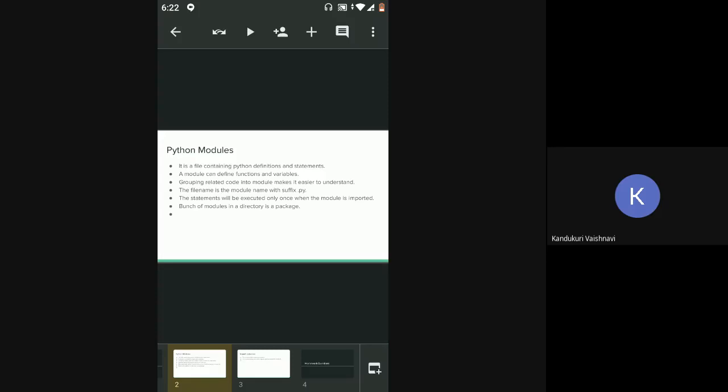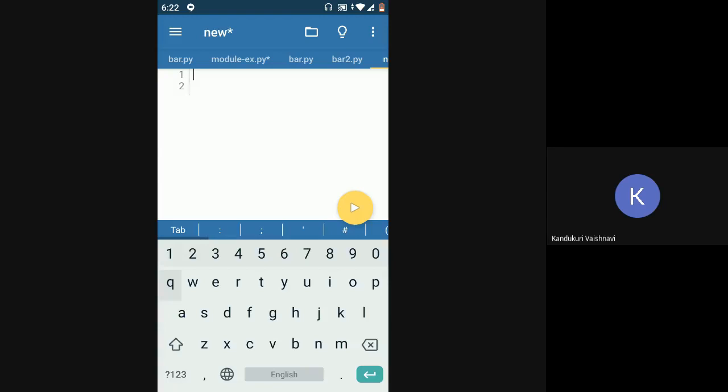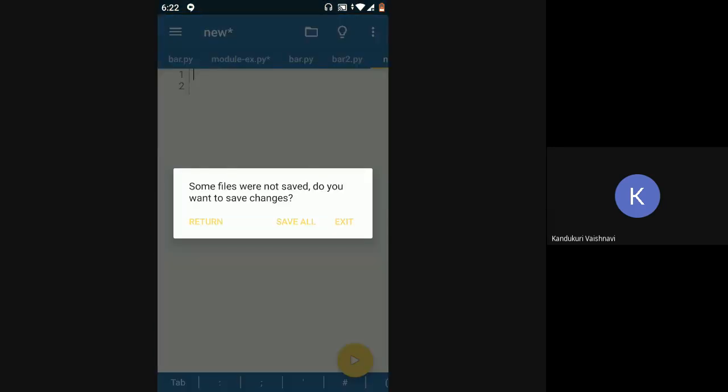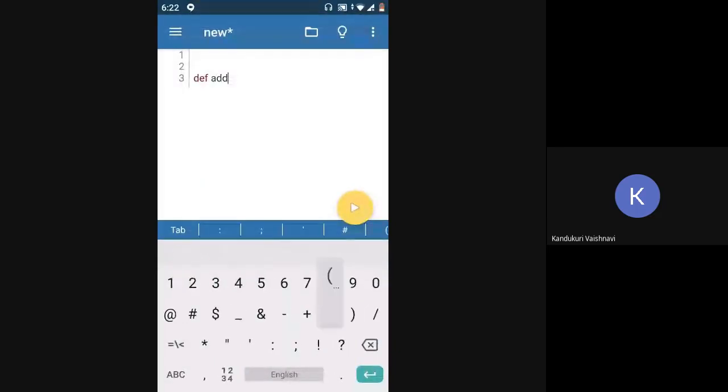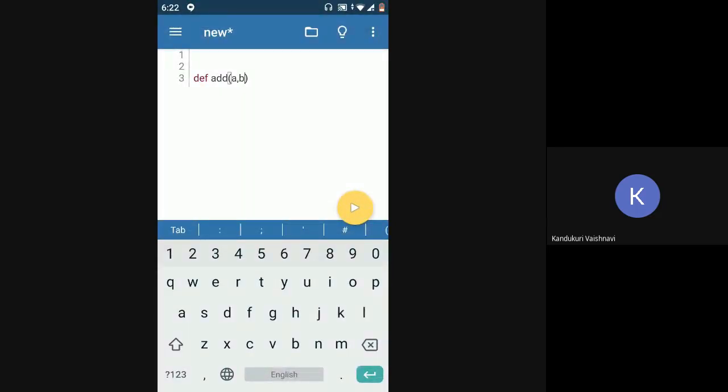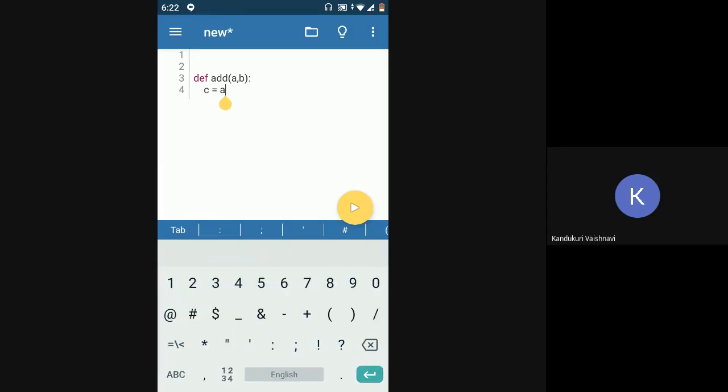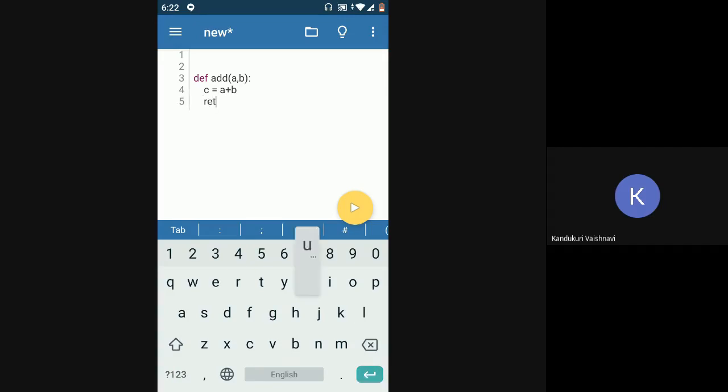It means if you have written an add function today, then probably later on in your other files, in your other code, you might require the same add function. Okay, so basically let's just go and check for an example directly. So I have an add function which adds two numbers that are provided to it, and it returns whatever is the addition of the two numbers provided to it.